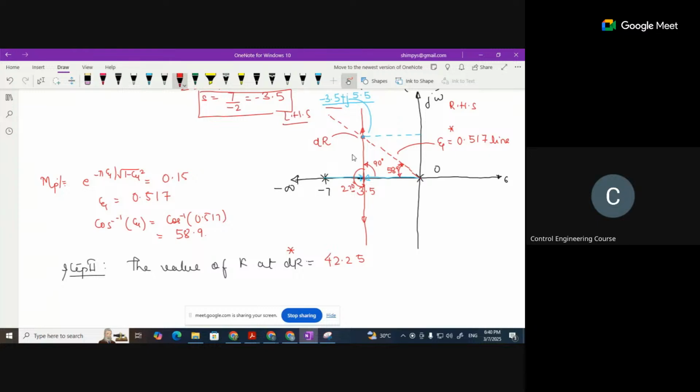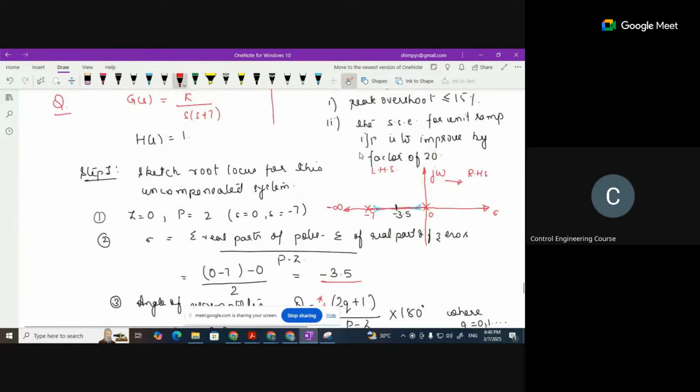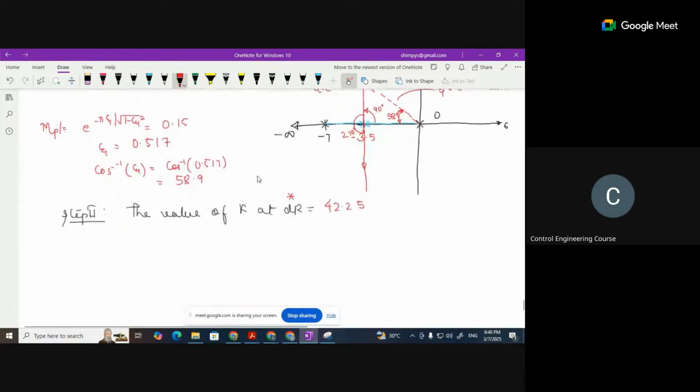So if I talk of this system, you can see here that none of the poles are complex conjugate. We have only two real poles, right? At s equals 0 and s equals -7, right? But if a system has one real pole and a pair of complex poles, the complex poles are usually dominant, right? Now you can ask me why, madam, you have brought in